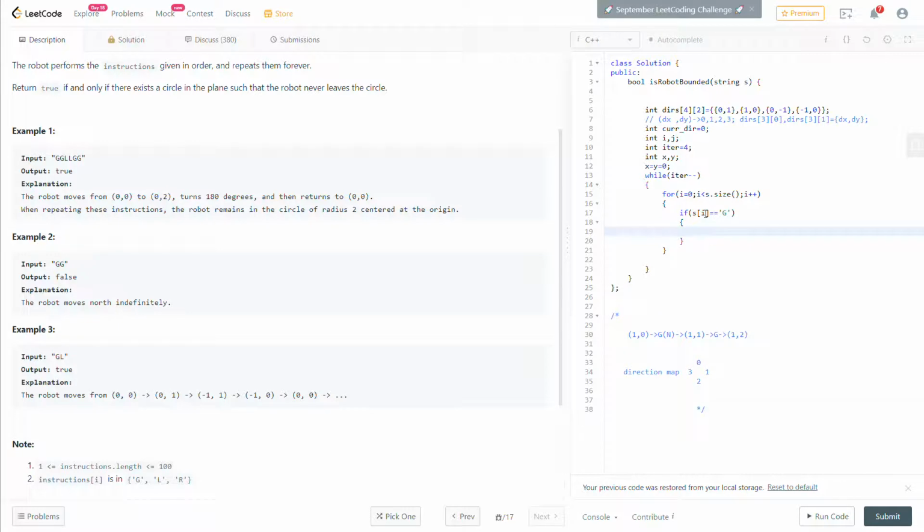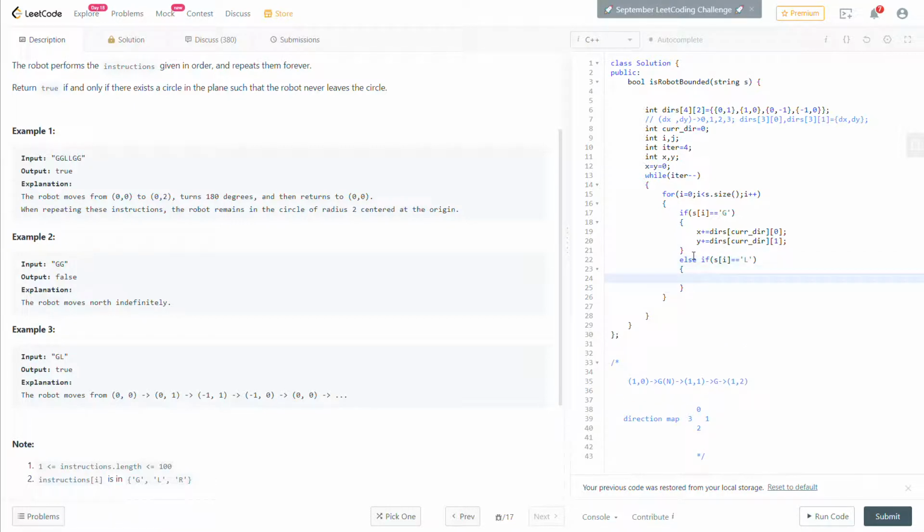So x would be incremented by dirs of current direction 0, because dirs of current direction 0 will give the displacement in the x direction, and dirs of current direction 1 would give the displacement in the y direction. Okay, so this is fine. Now else if si is left,